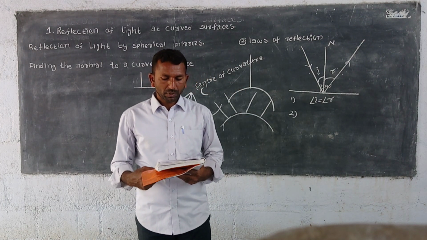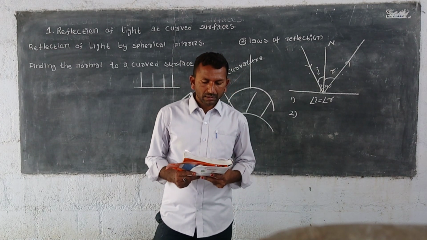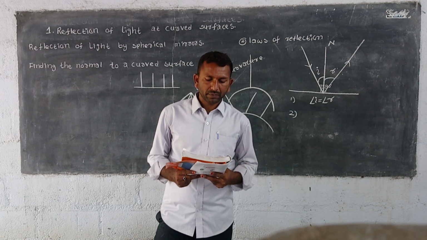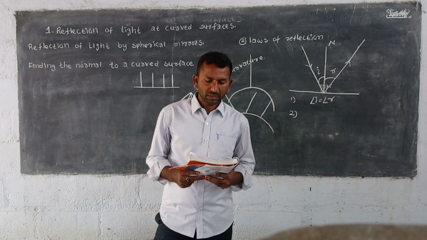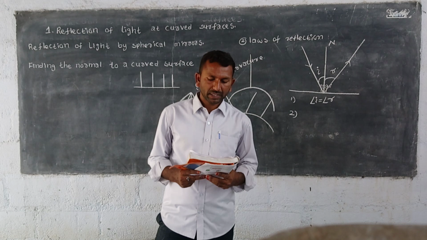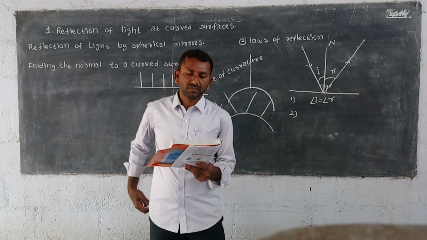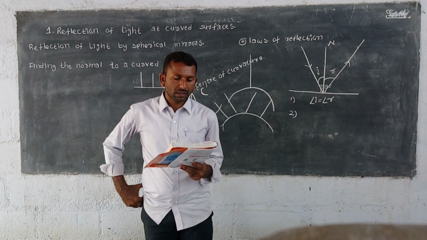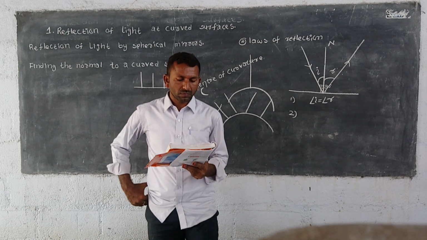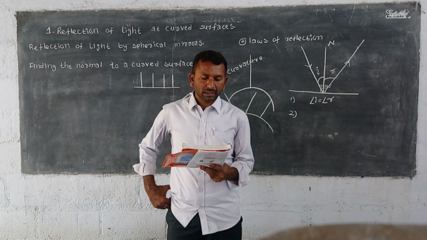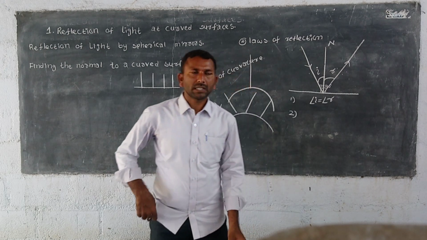This gives us a clue about how we can find the normal to any point on a spherical mirror. All that we have to do is draw a line from the point on the mirror to the center of the sphere. It is much easier to imagine this in a two-dimensional figure as shown in the figure. The concave mirror is actually a part of a big sphere. In order to find the center of curvature, we have to think of the center of the sphere to which the concave mirror belongs. The line drawn from C to any point on the mirror gives the normal to that point.